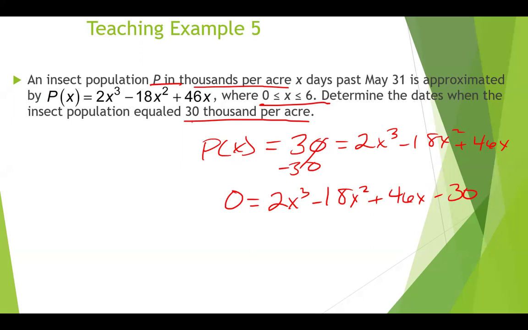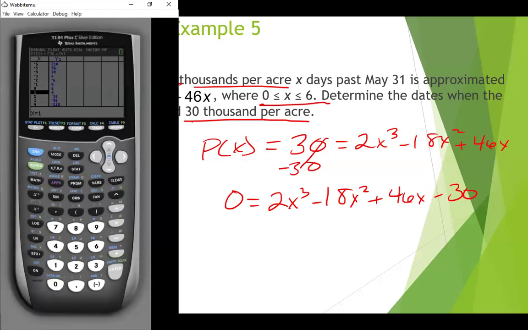Once I'm in this form, all I have to do now is figure out when do I equal 0, right? When do I equal 0? So we go to our handy dandy calculator. Turn it on. I'm going to go over here and I'm going to type this in. So I have 2x to the third, minus 18x squared plus 46x